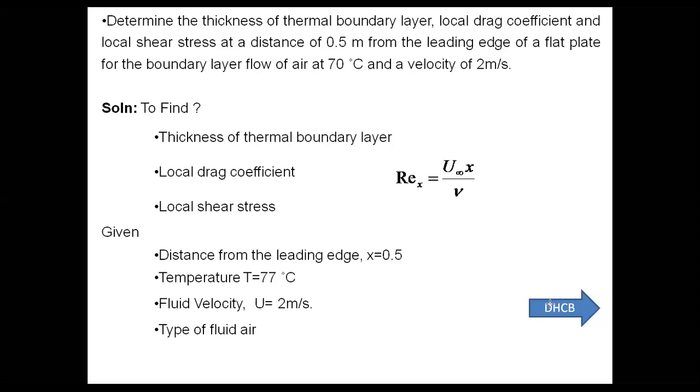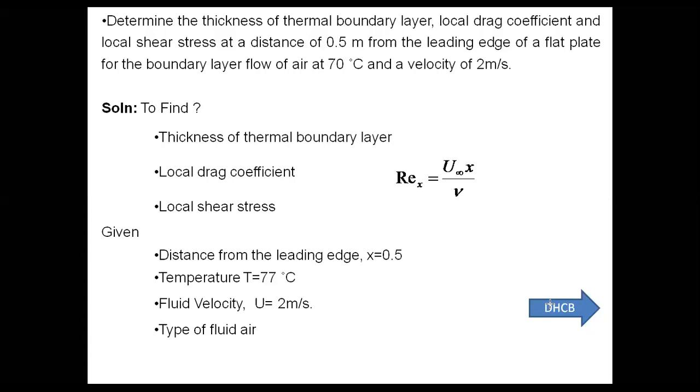So please note down all these values: thermal conductivity K, specific heat, then the Prandtl number. The thermal diffusivity you don't need, so not necessary. Kinematic viscosity you need, and density. So note down all these values. Here the temperature of the fluid, as we saw, was 70 degrees. You have to read the values for 70 degrees. So for 70 degrees, density, kinematic viscosity, then the Prandtl number and the thermal conductivity. Please note down all these values.